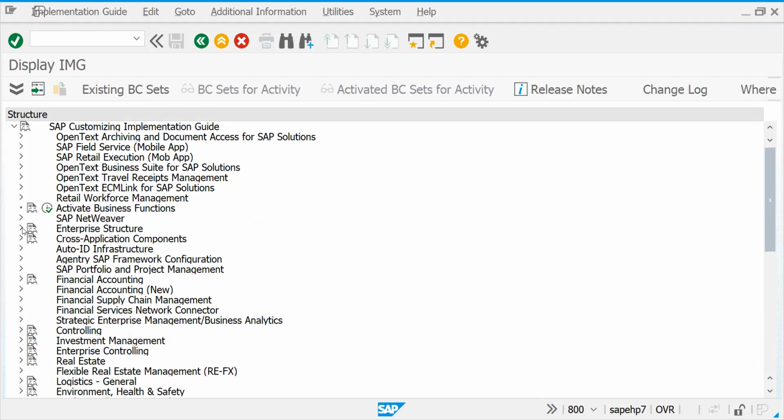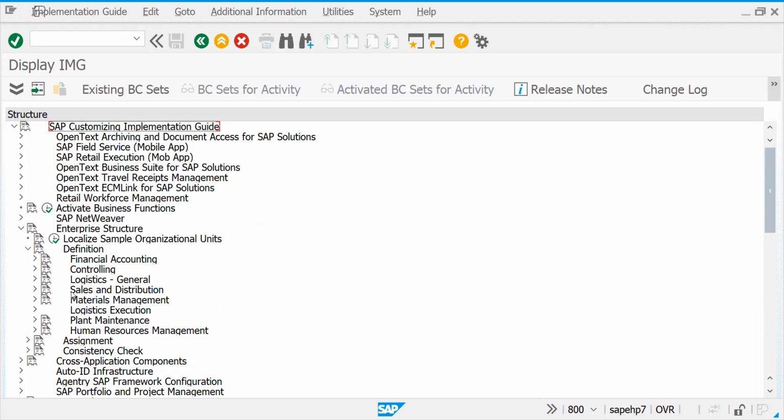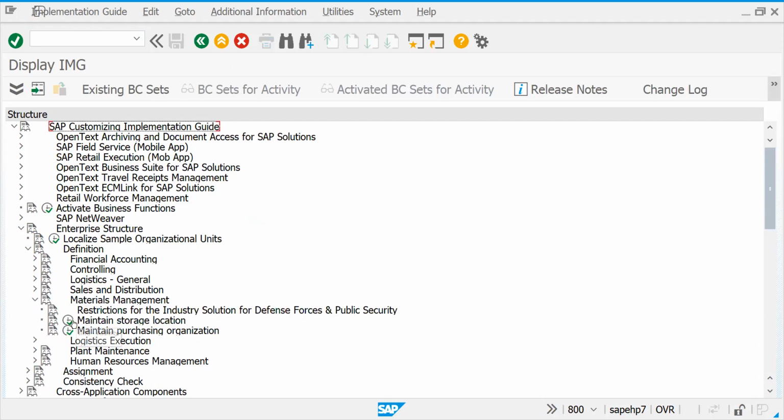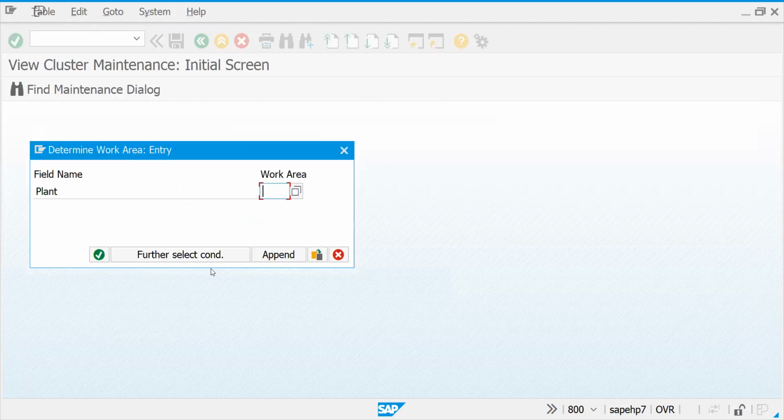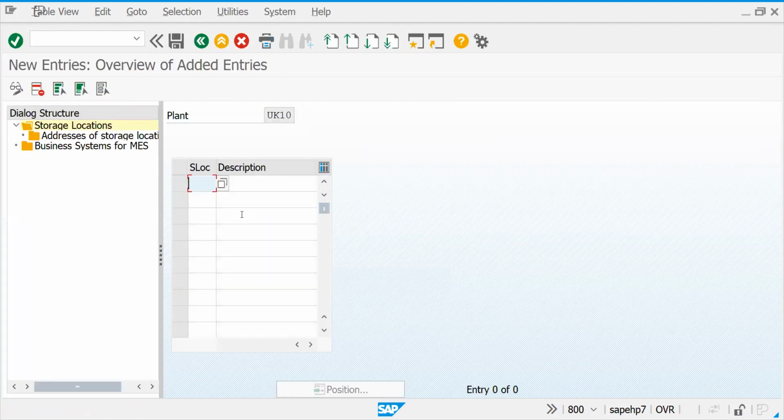Let's go to the enterprise structure, then the definition. Let's go to material management. If you see, there is something called maintain storage location. What is it asking for? It's your plant. I have already defined this plant. Let's enter this. Let's try to enter storage locations like sale,